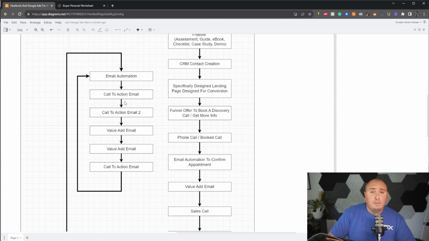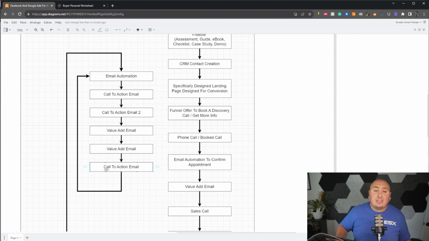Two massive calls to action, one after the next, 3 to 5 days apart. If you want to get a little more aggressive, 2 to 3 days apart. Never back to back. You don't want to seem too hungry. You always want to seem hungry, you just never want to seem too hungry, too greedy. Value add emails to follow, at least 2. You can add in a 3rd, 4th, or 5th if you want,